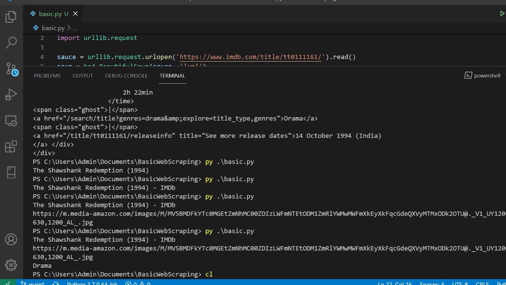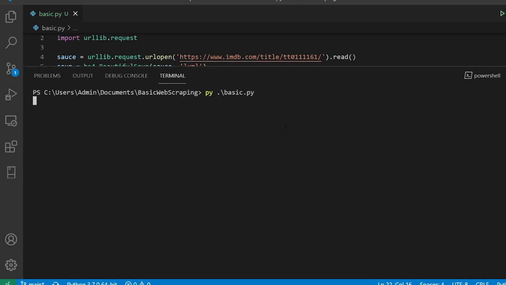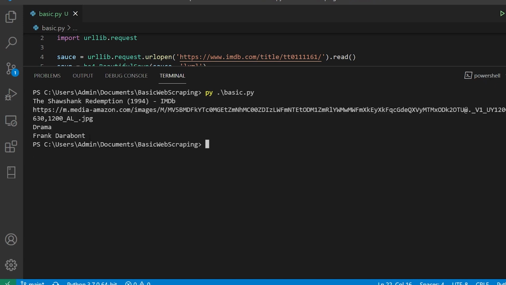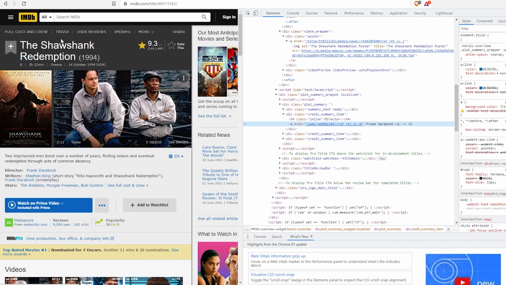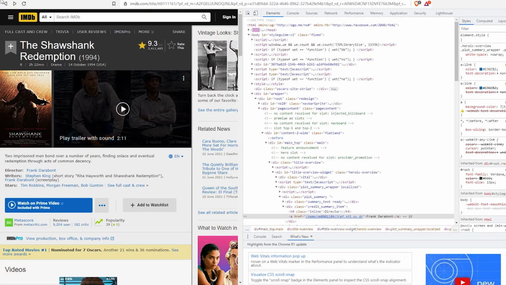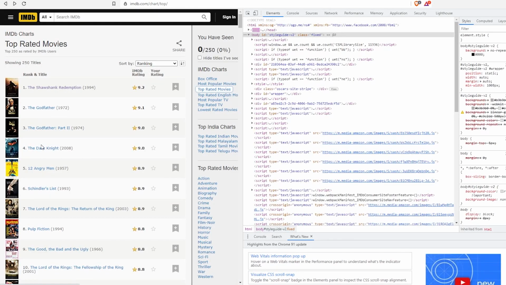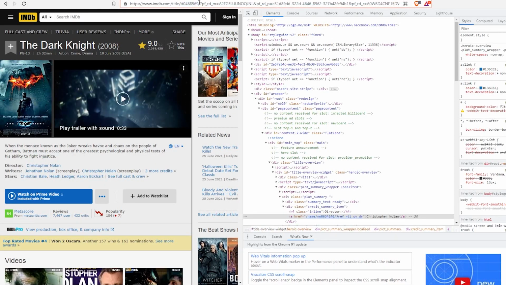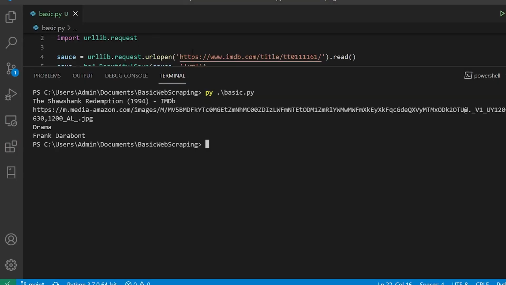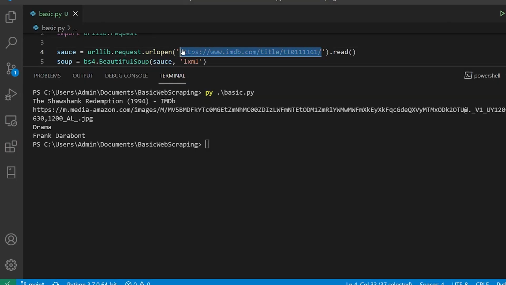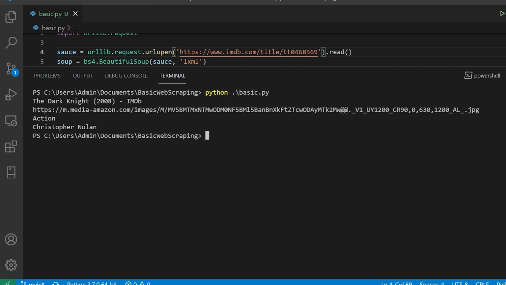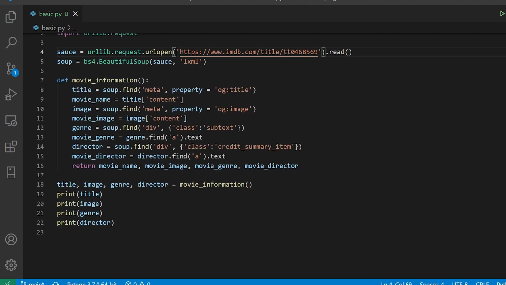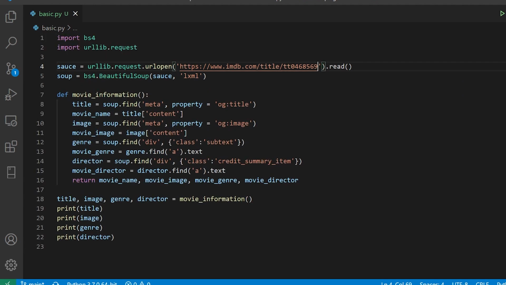Alright, and I'll say CLS, clear it, and we have it. Okay, it says Frank Darabont. And now if I change the link of the movie, now let me take the Dark Knight. Alright, and inside the Dark Knight I'm going to copy this thing, that is the link, and I'm going to paste it over here, and I have it. Okay, so the name of the movie Dark Knight, I have the image, it says action is the genre and director is Christopher Nolan. So this works very well, but now we cannot